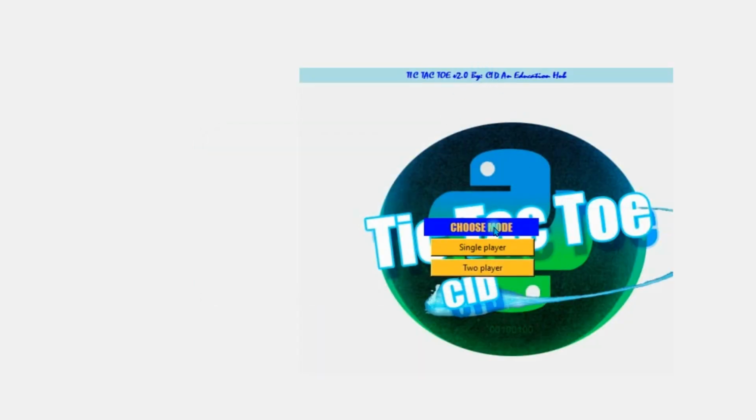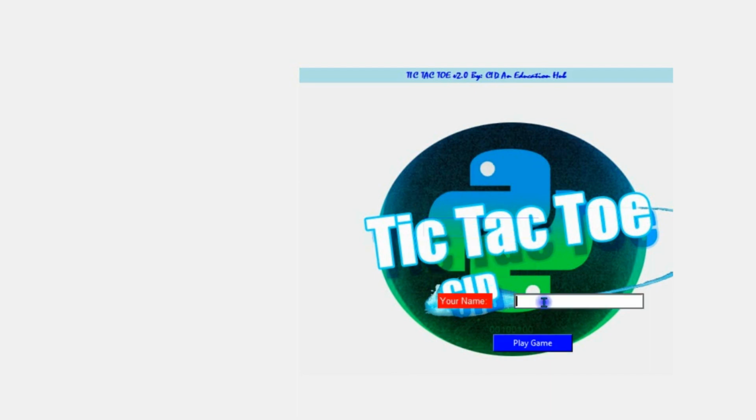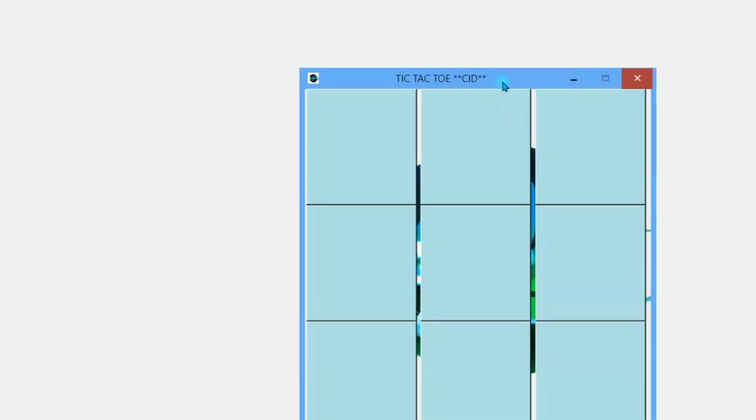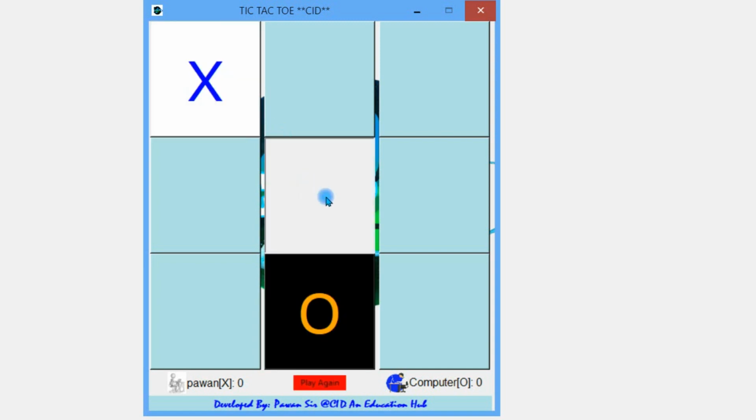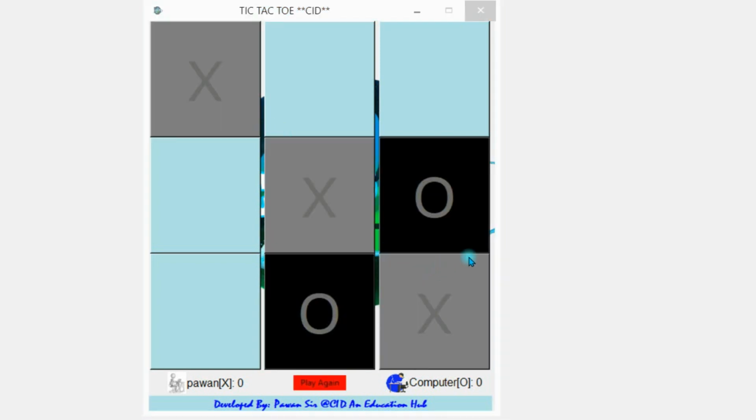So guys, here it is. It has been loaded and it is working very clearly. I will play and show you that all the functionality works. I'm choosing single player mode and playing the game. And guys, here is my game. As you can see, when I am playing it, it is working fine.